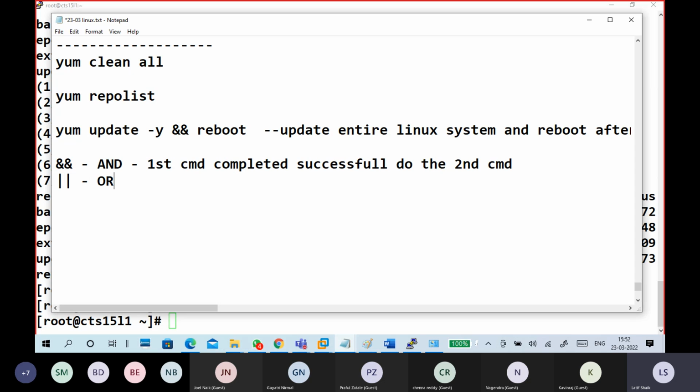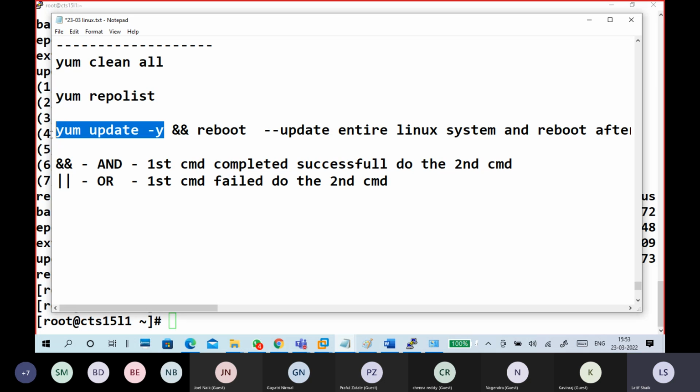It is called an OR, but it is a little different from regular OR. If the first command failed, do the second one. That is one. So once the update is successful, done, reboot your PC.